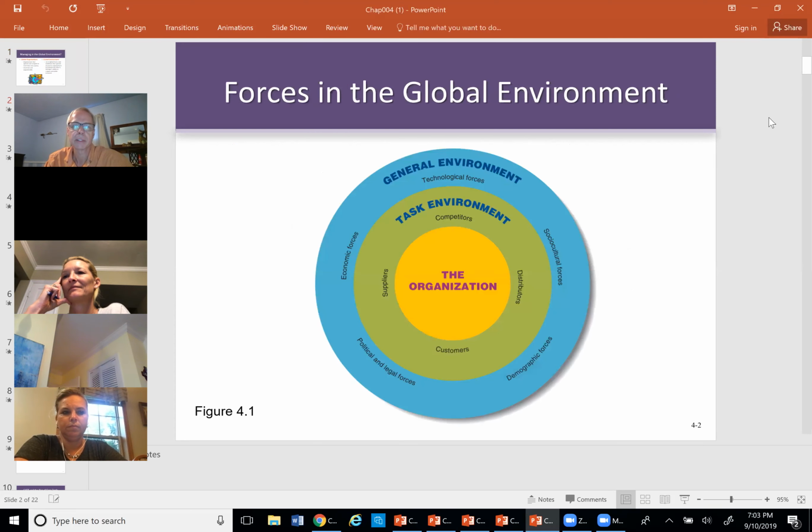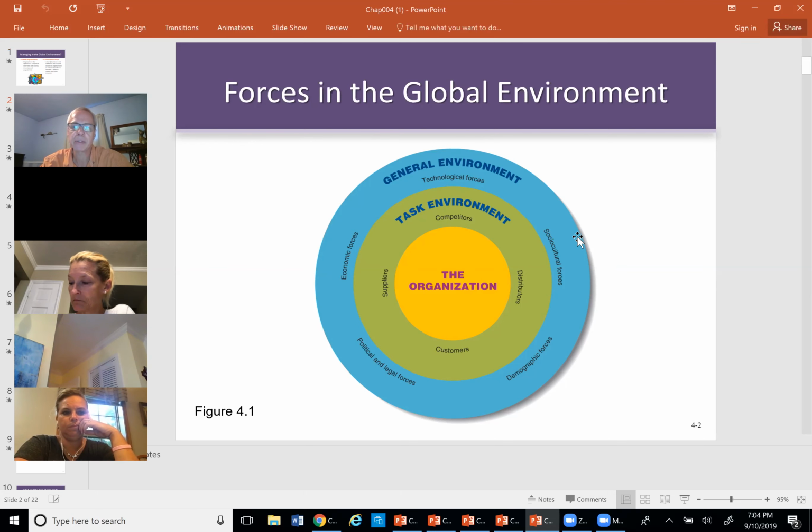Okay, it's down. So in management classes, we divide this up into two layers. We have our organization here, and we always talk about what goes on inside an organization. There's more of that tonight. But often we talk about the task environment, which is competitors, customers, suppliers, and distributors. Companies understand we need to think about those people and talk about them all the time. Much more likely to influence the health industry is the general environment, which is things like technology changes, socio-cultural forces,